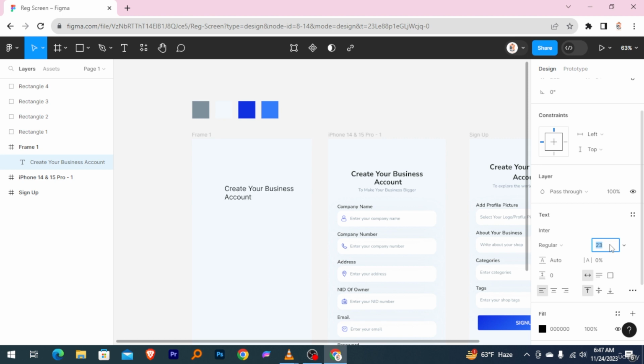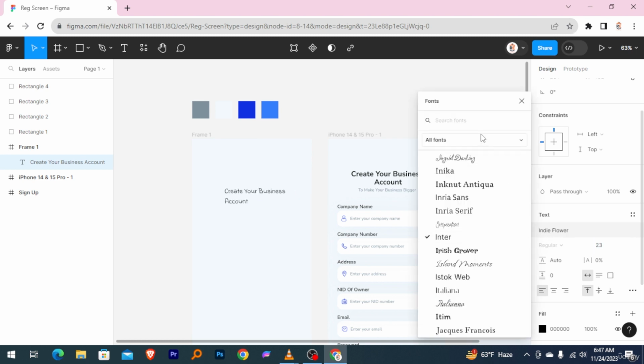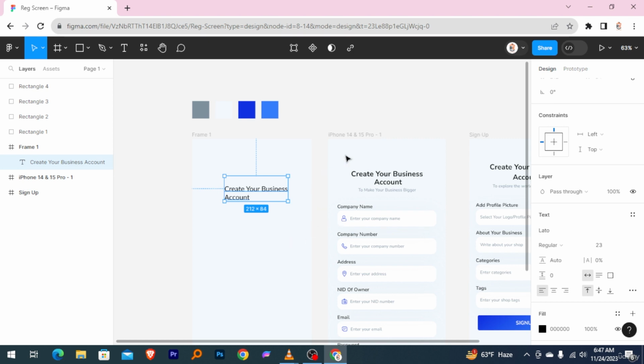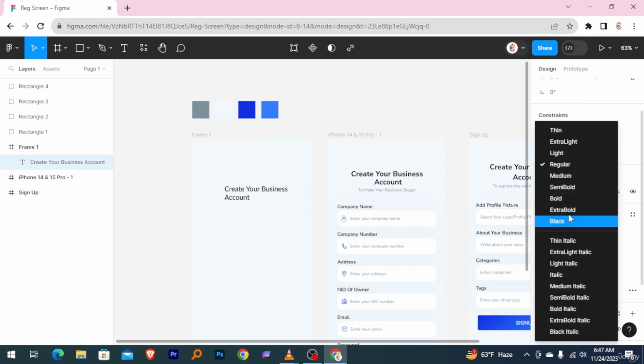You can see now our font is also not the same, so we have to change the font family to Lato. Now you can see our font style is not matching, so we can change the style of this font from this dropdown menu. So I'm selecting,